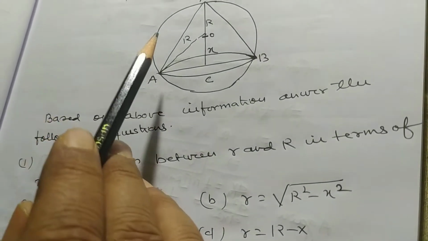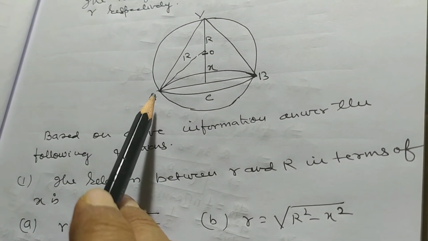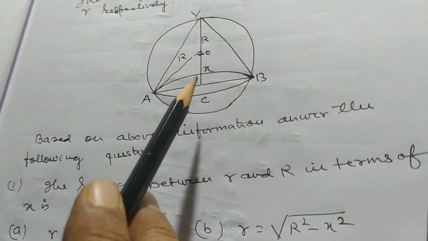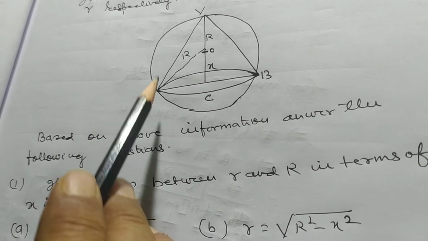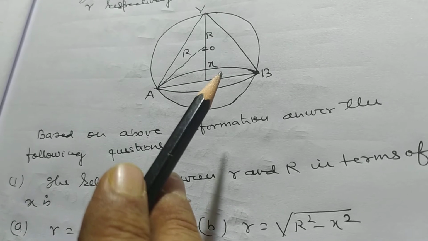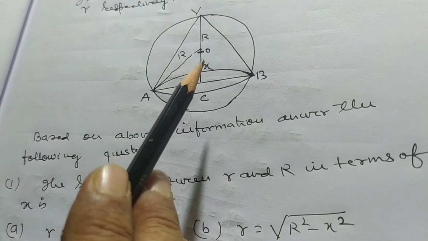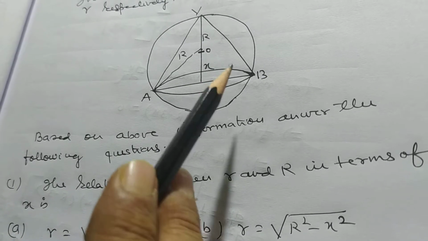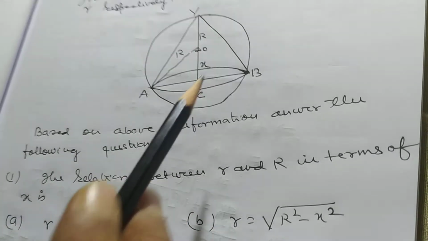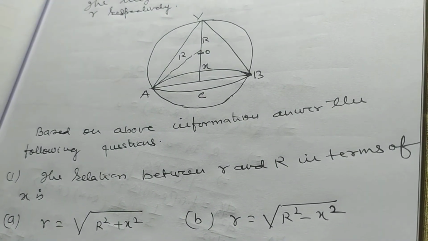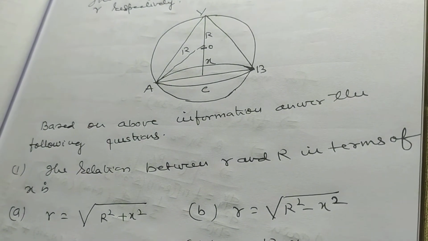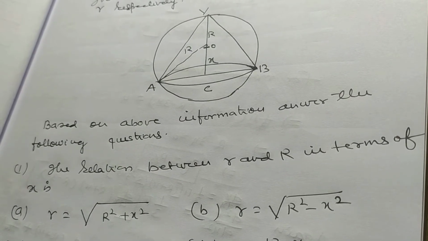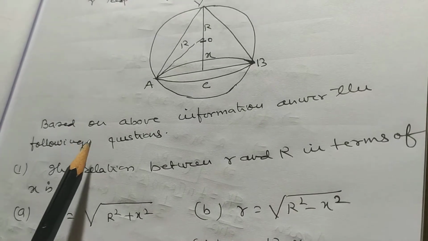My dear student, though this problem is very, very important, this question will be asked: what will be the maximum height of the cone which is inscribed in a sphere, and what will be its volume? Prove that the volume of the cone is 8 by 27 times the volume of the sphere. This question is also very important. My dear student, you must solve this problem independently also.